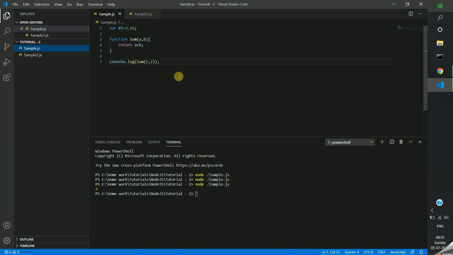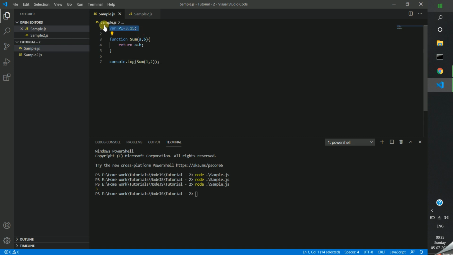What are the types of modules? There are two main categories of module. One is the custom module, and the other is the predefined module. For predefined modules, Node.js itself already defines some modules, and they are defined in the global scope.